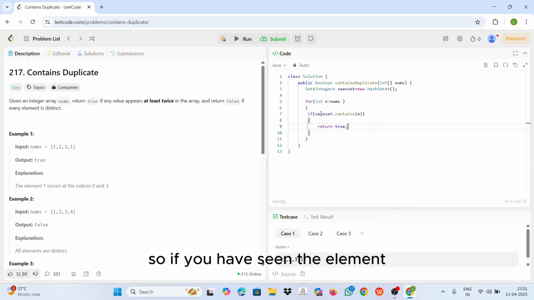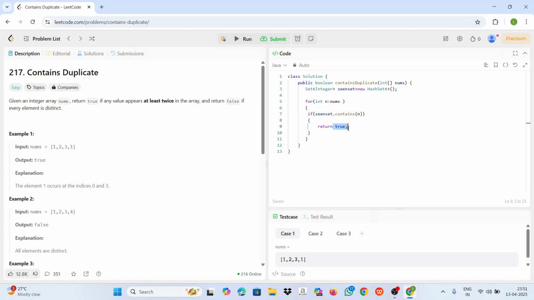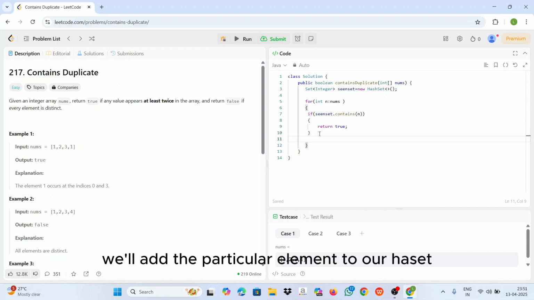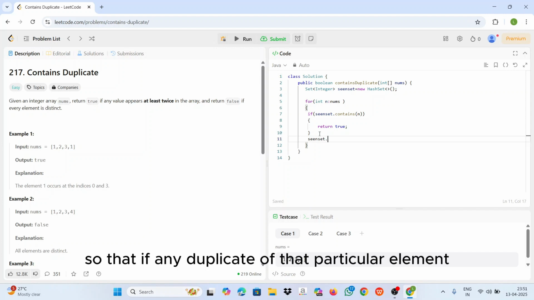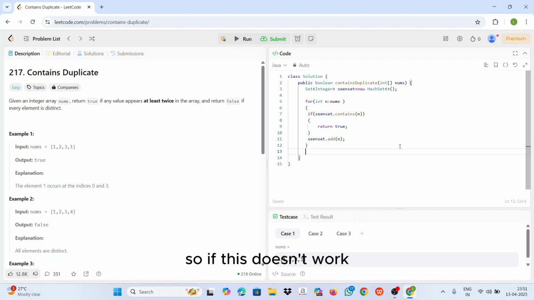If you have seen the element, that means you have seen the element twice, so we'll simply return true. If this is not the case, we'll add the particular element to our hash set, so that if any duplicate of that element comes again, we can return true directly. So seen dot add our number. If this doesn't work, we'll simply return false.